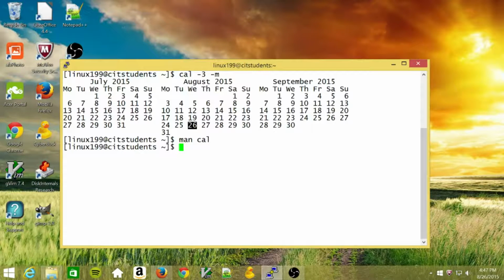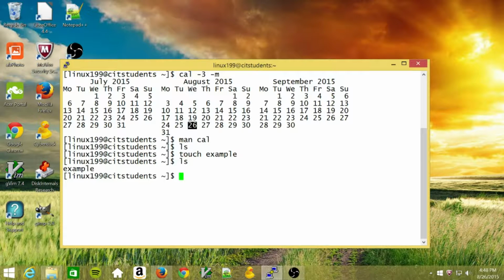Let's see what files you have by typing ls to list files. At the moment, you don't have any. So let's create an empty file named example by typing touch example. Notice that Linux didn't give you a message telling you that the file was created. In Linux, no news is good news. If a command doesn't need to give you output, it succeeds silently. Type ls again, and you'll see that the file exists.